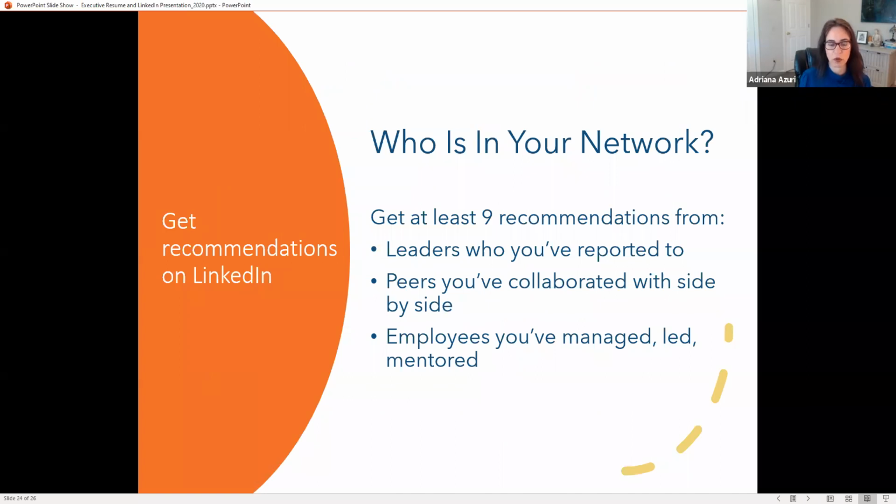People, leaders who you've reported to, that basically give you an initiative, they charged you to do something, and you delivered, you over-delivered, you achieved expectations, right? So you want to be that person that works well for an organization. Then you also want peers who've collaborated alongside you, so that they can say, essentially, you play well in the sandbox, you don't throw sand, right? Somebody that says, John and I collaborated on ABC initiative and we were able to achieve our goals through XYZ,